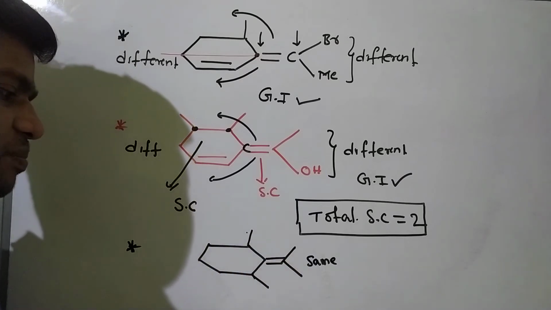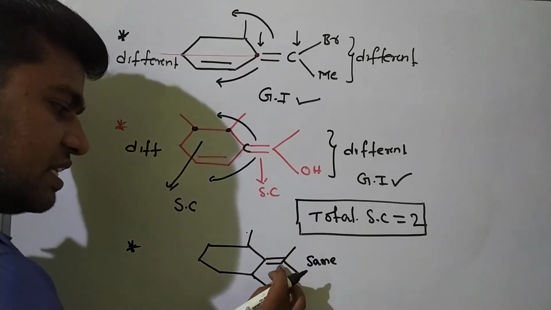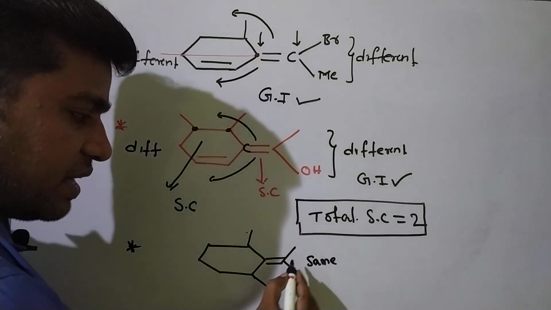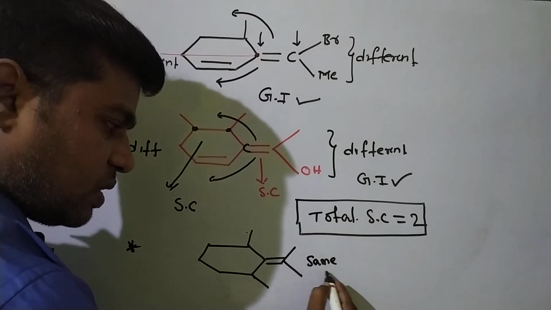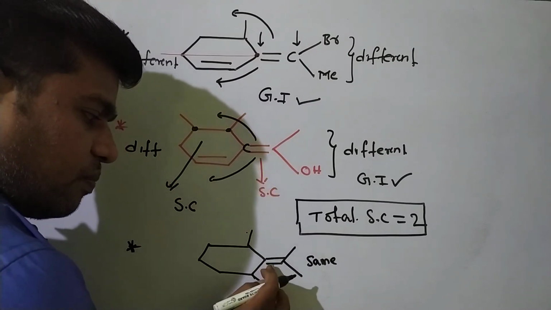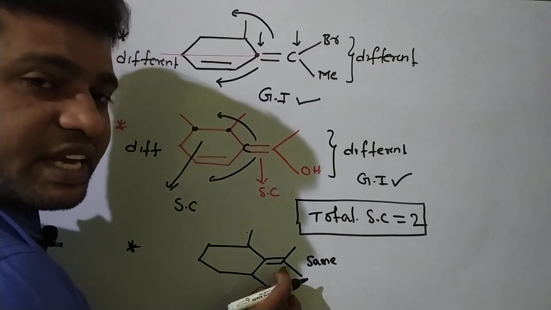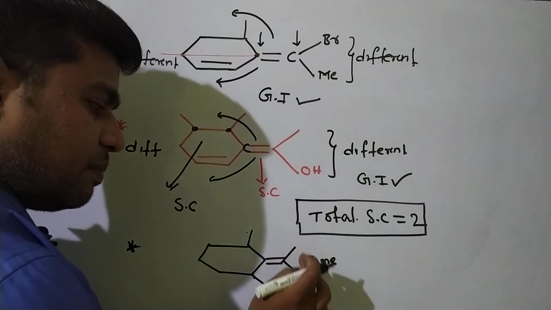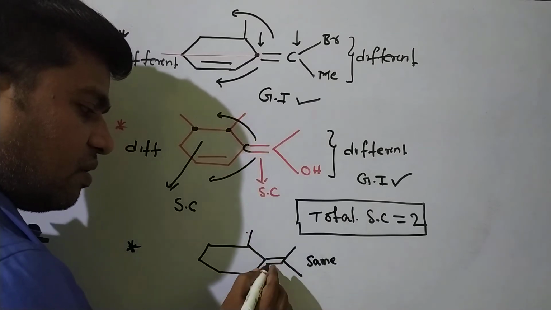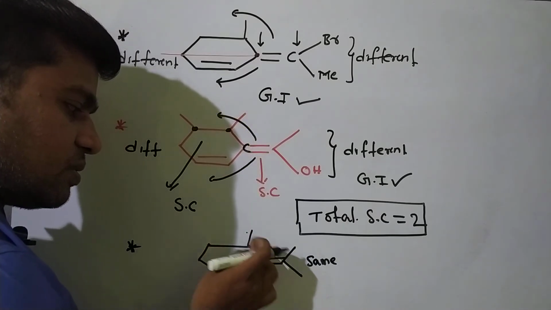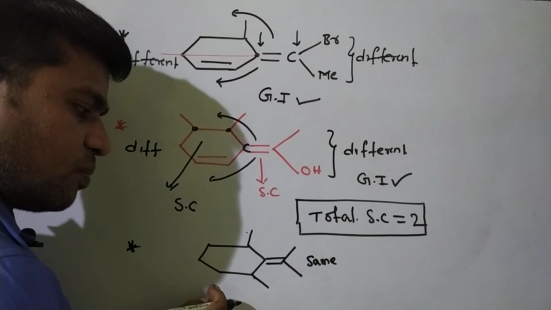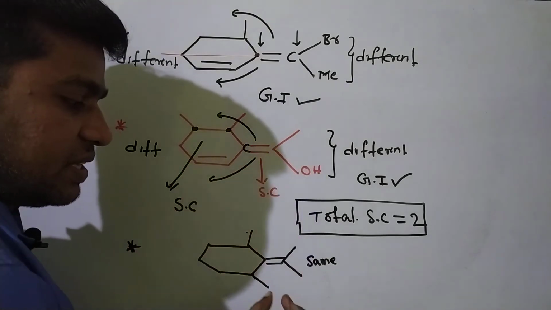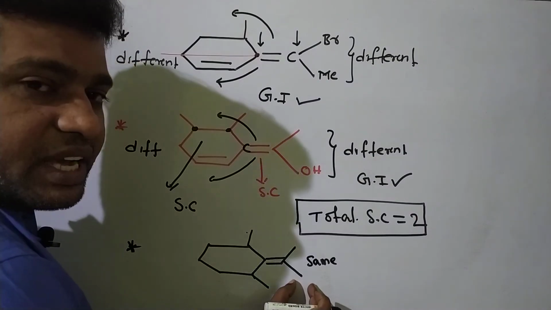So this is the given compound. Here there is no stereo center. Dear students, please observe the compound here: methyl, methyl, same groups. So this carbon-carbon double bond does not act as a stereo center, because on this side the two methyls are the same. In this direction also the same grouping. So don't make a mistake. This compound does not exhibit geometrical isomerism.